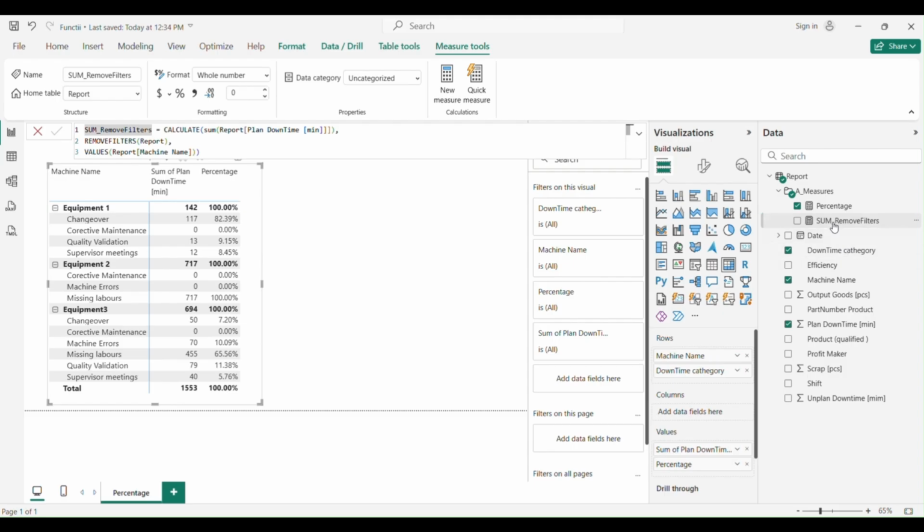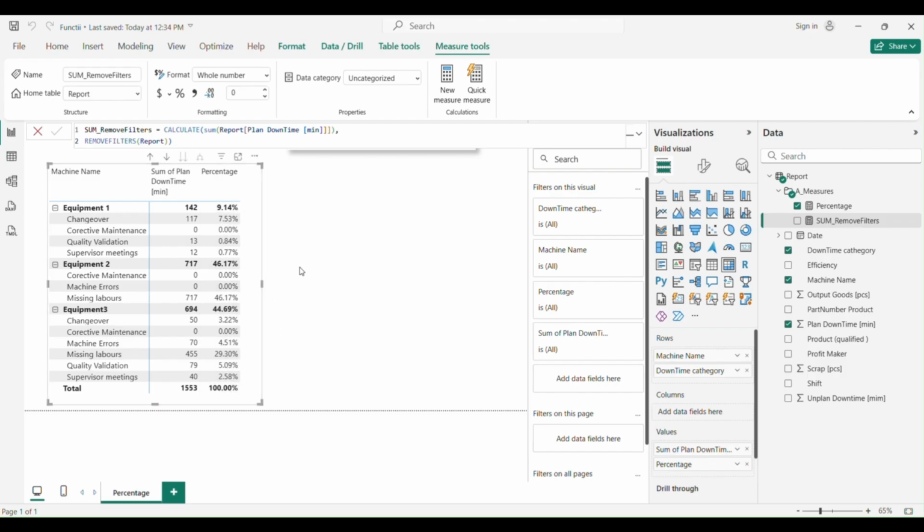If we go back now, for example, we go again in our sum remove filters, and we go back on our previous step, and we just let it like that. Everything changed back, right? Now we are doing the calculations to our total amount of planned downtime. So these are the percentages.